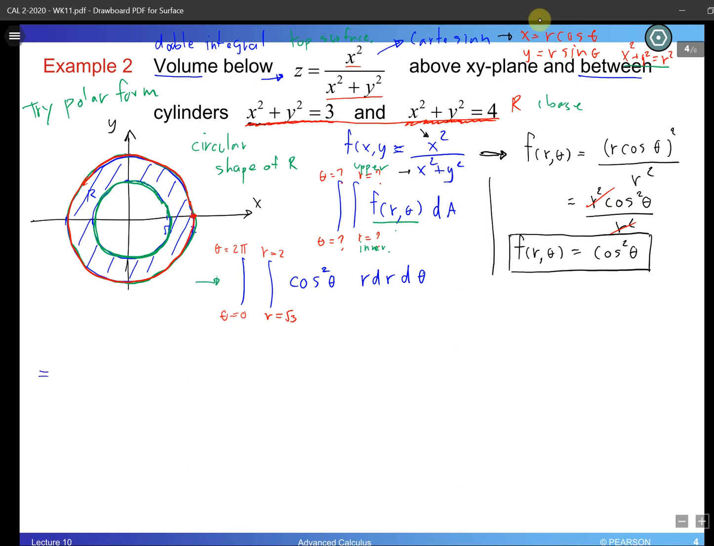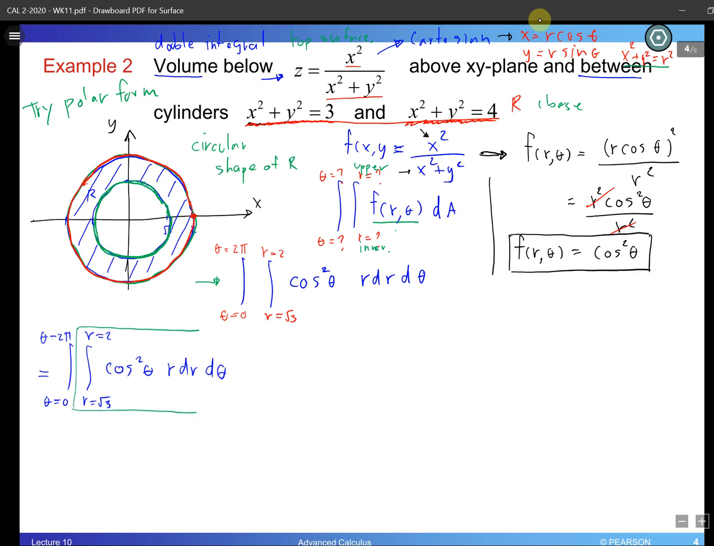Let's put everything right here, double integral. So I'm going to put cosine theta squared, r dr d theta. Okay, and r starts at a constant value of square root 3, ends at r equal to 2, theta starts at 0 and ends at 2 pi. And once again, same thing as example number 1, we are going to work from the inside